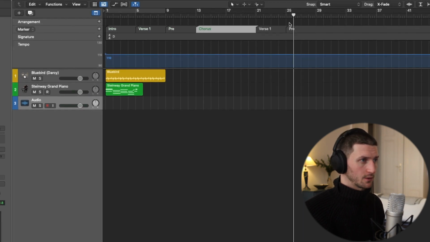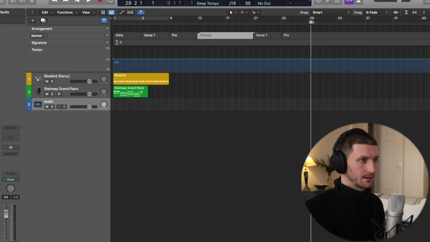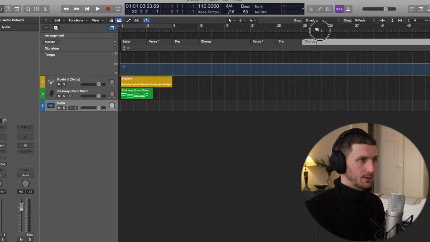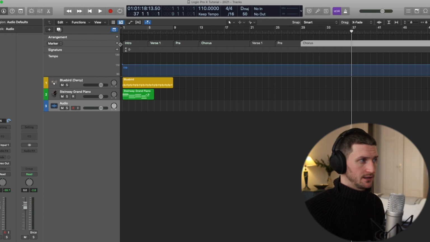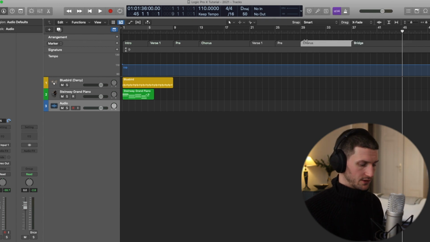I'm going to copy the chorus again. And let's say we have a bridge at bar 18. So I'm going to make another marker, call it bridge. And then another marker at, let's say, bar 45 to have a chorus. So I'm going to just Command C this second chorus